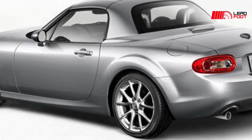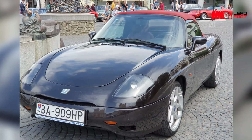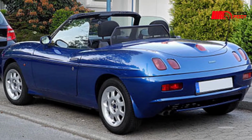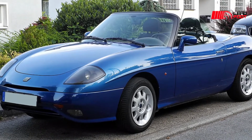Number 6. Fiat Barchetta. The Barchetta was a front-drive two-seater built from Fiat's Punto Supermini, and had some of the most gorgeous door handles ever installed on an automobile. The only engine was a 132 horsepower 1.75, but because the car weighed less than 1,100 kilograms, it was quite